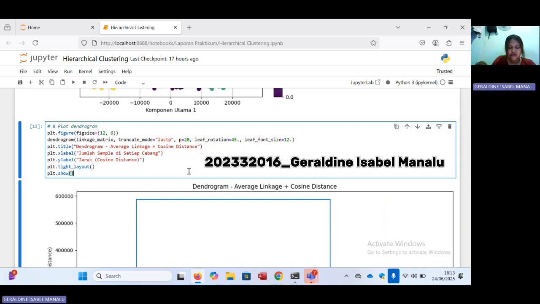And next, this section displays another dendrogram to visualize the hierarchical clustering structure of the data with display settings such as image size, number of branches displayed, the last 20 branches, label rotation, and font size for easy reading. The title and axis label of the dendrogram indicate that the method used is average linkage with cosine distance.